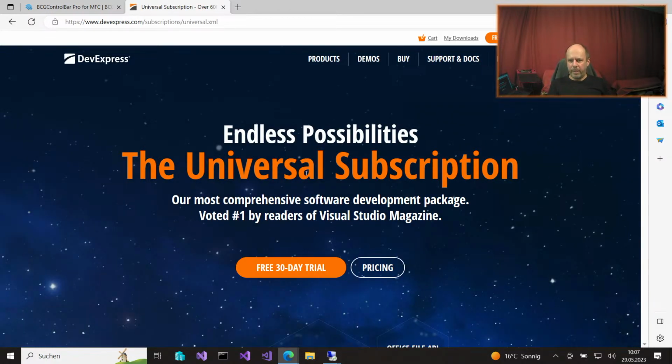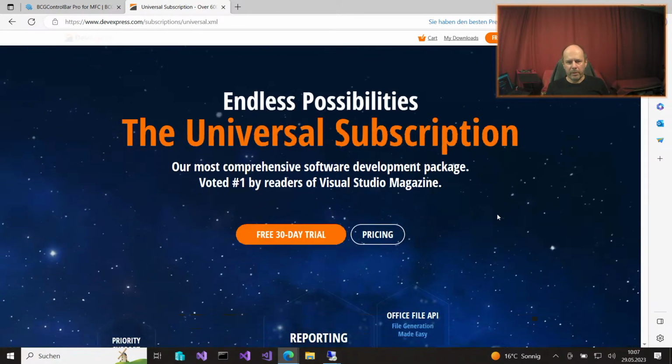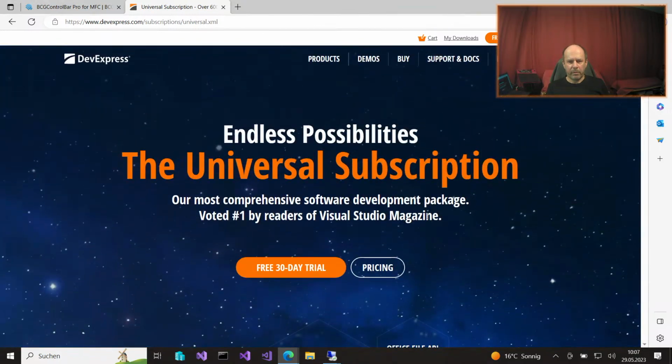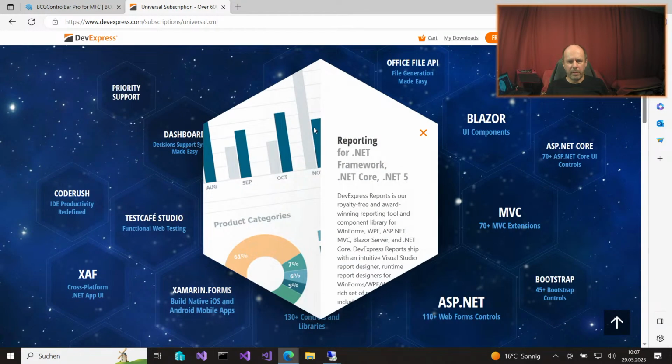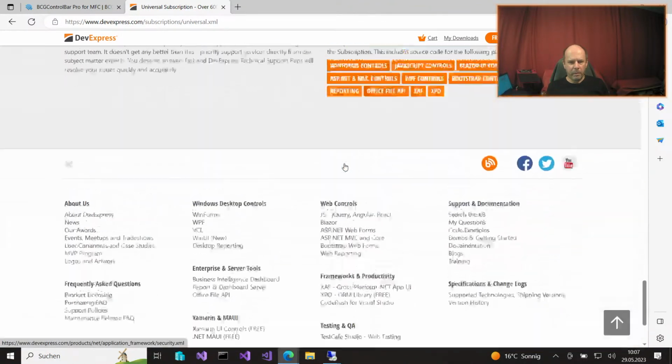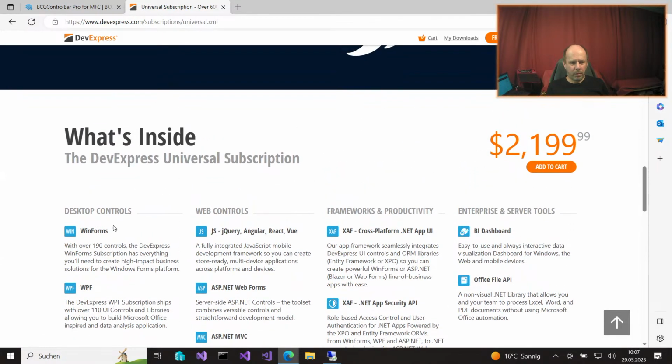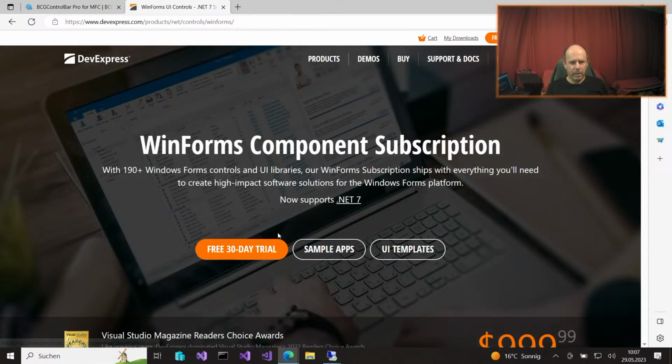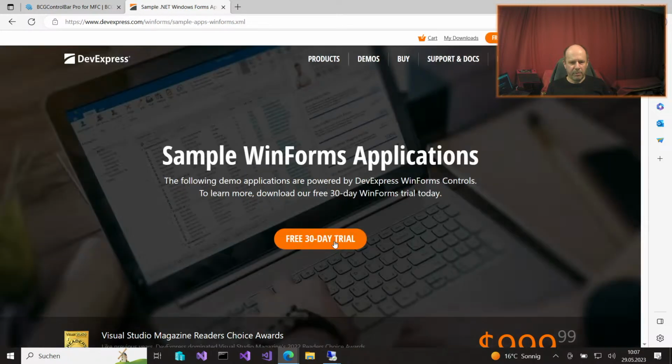I have this as well. This is a .NET framework. It has good looking reports. Okay, this is some design. And if I go to sample apps,